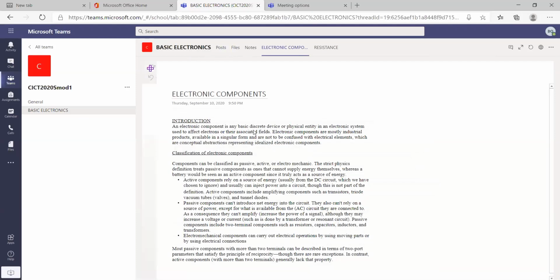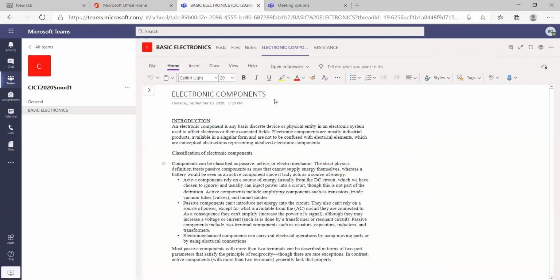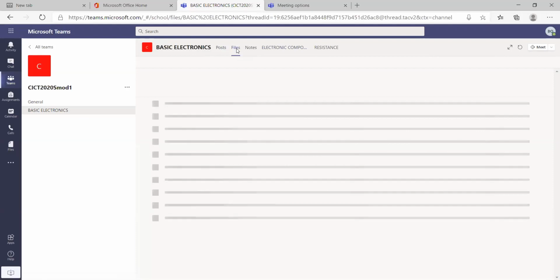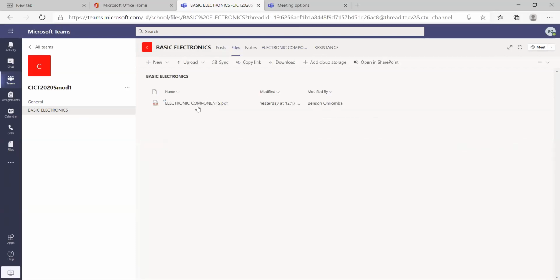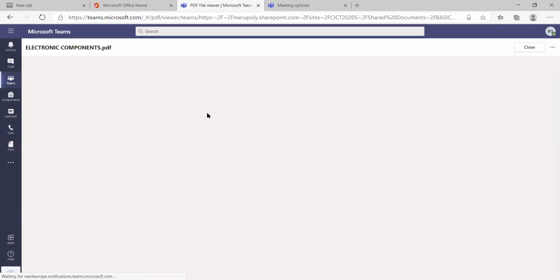So I was able to create a small document for the presentation. Then we were also able to upload a PDF file whereby you can share the various components for demonstration purposes.